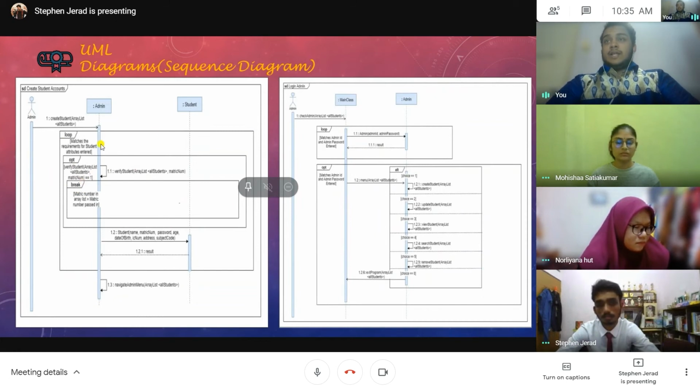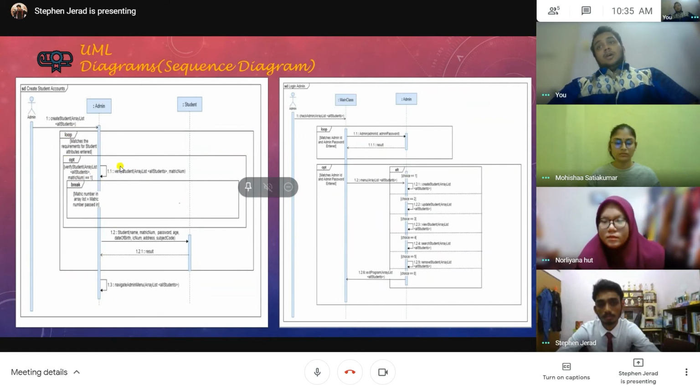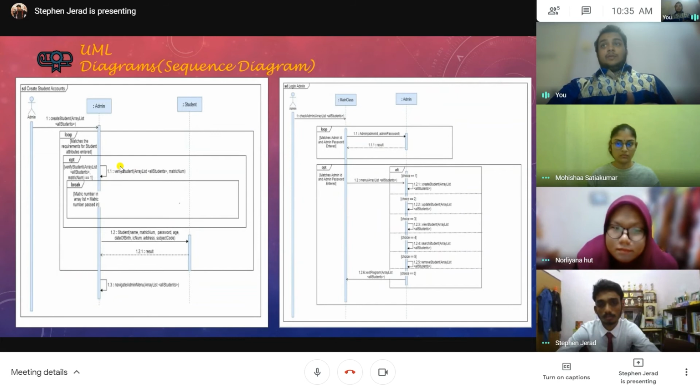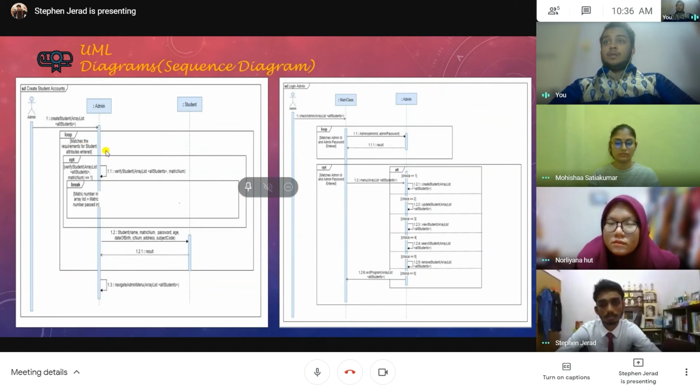Okay, what this means is that the loop will iterate until it matches all the requirements of the students entered. When the admin creates a student account, he must follow certain rules, like the subject code must start with DAT followed by 4 numeric characters, like 1603. And for the metric number, the first character must be a capital A, followed by six numeric characters, like 190829. So that is why we have to match the requirements. If it doesn't match, it will loop until it matches all the requirements.